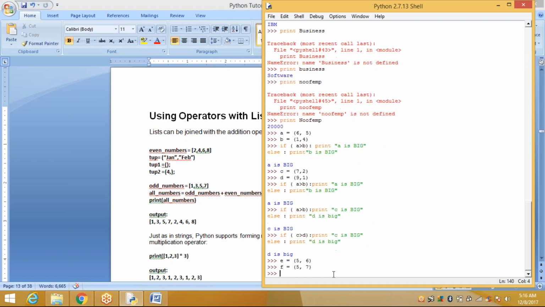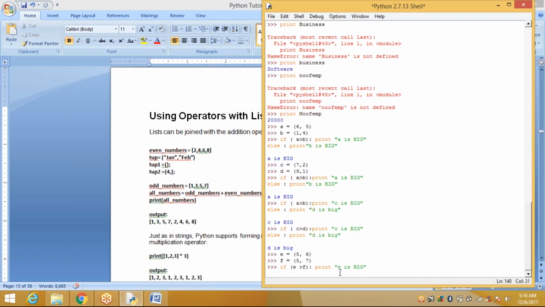Both first elements are the same. If E is greater than F, print E is big. Else, print F is big.